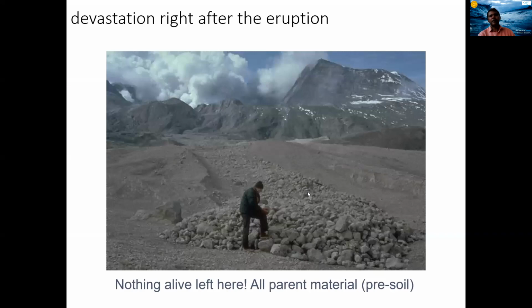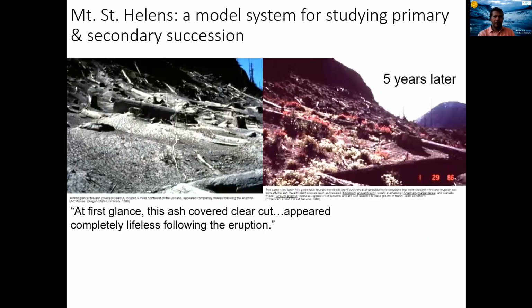You can see only the rocks or the hard soils remaining, and not even the loosely arranged soil. So they have to grow the plants. You need to have loose soil, right? You have to go through several successions, right? So you can see that